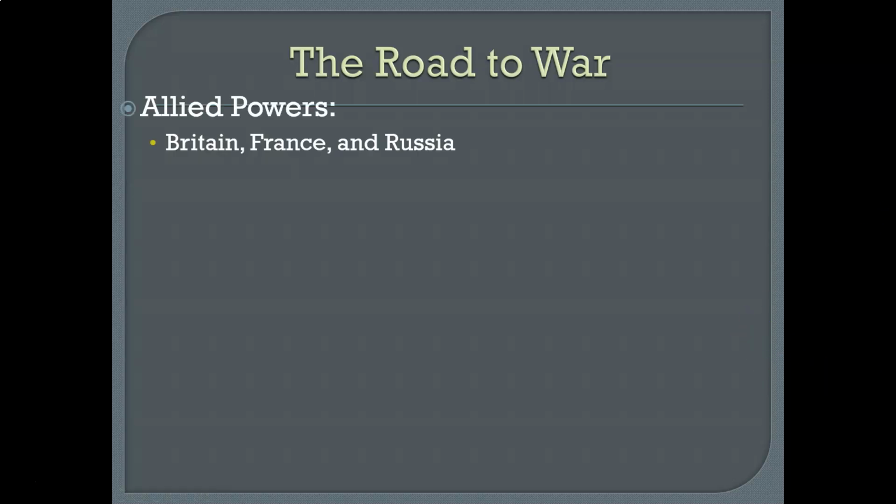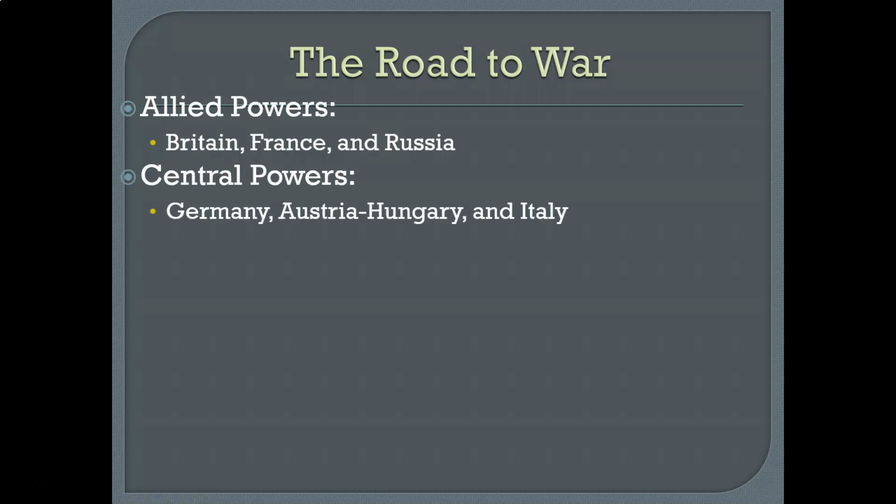The major powers of Europe were organized as follows. We have the Allied powers of Britain, France, and Russia, and the Central powers of Germany, Austria, Hungary, and Italy. And it's important to note that there wasn't specifically a time that we would say they were the Allied or Central powers prior to the beginning of the war, but essentially what they're called is the Triple Entente, which linked Britain, France, and Russia, and the Triple Alliance, which connected the other three. And essentially what happens here, on June 28th of 1914, Archduke Franz Ferdinand is assassinated.